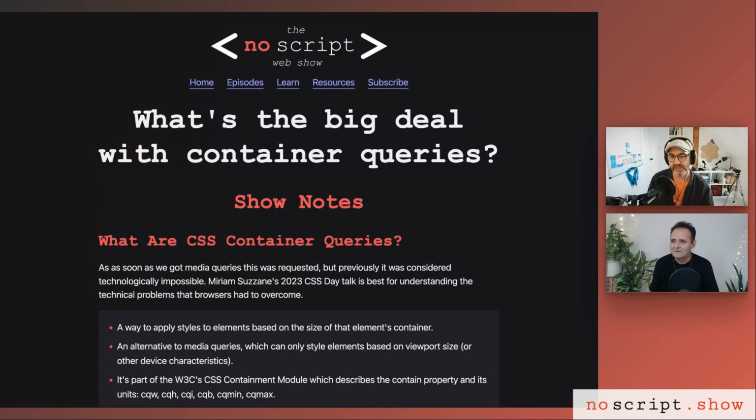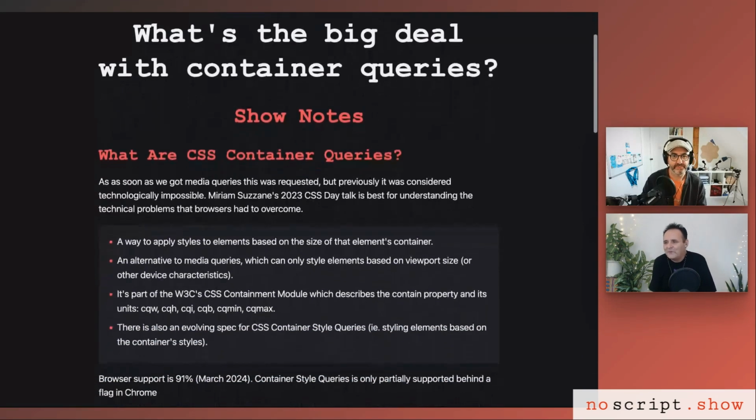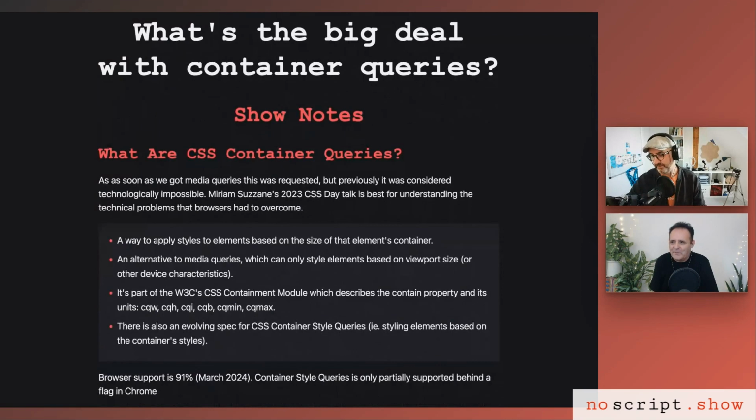What's the big deal with container queries? Tell us, David. Well, we must talk about the leading expert on this. So the person to really get your information from is Miriam Suzanne, who's one of the invited experts on the CSS working group for this. And she's done a lot of content, a lot of talks. So there are some links at the bottom of our show notes, which are 2 that I think are worth watching. But it's a kind of big deal because it's allowed browsers to do something that was considered impossible before